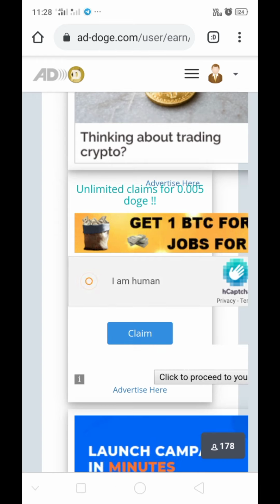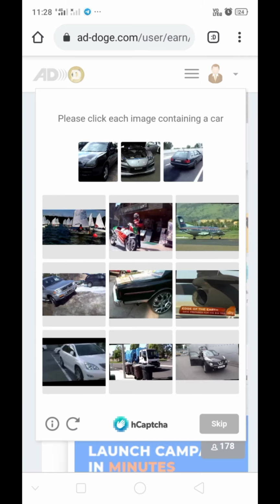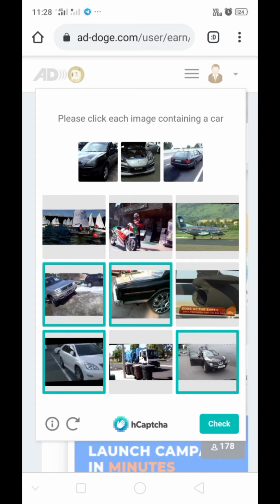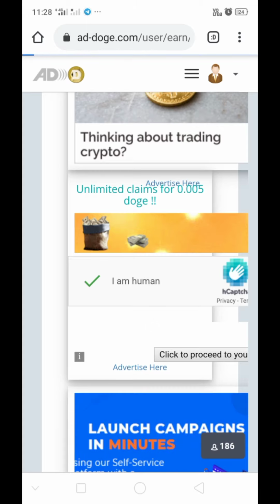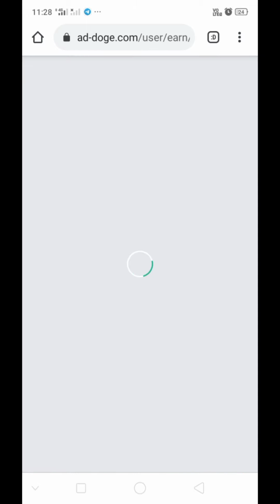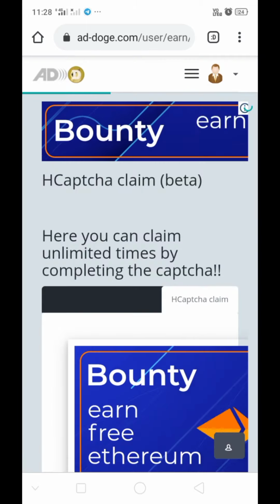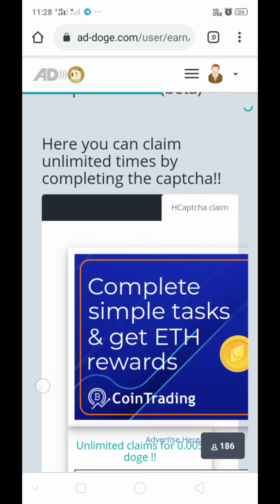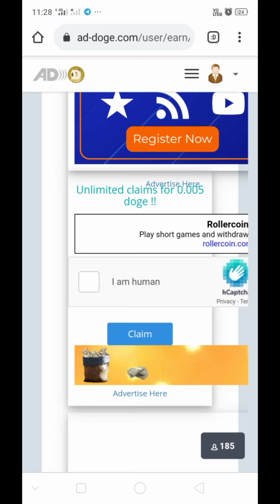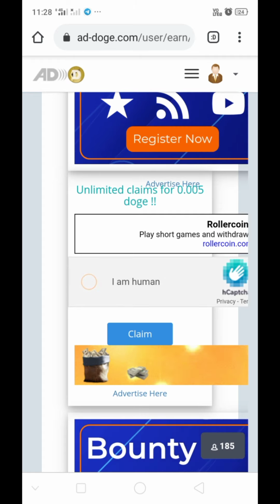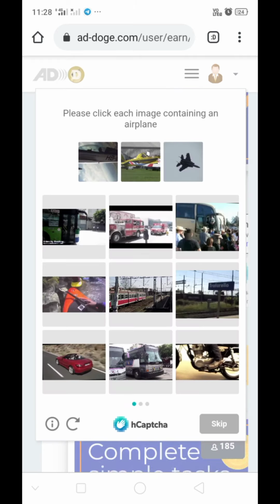You can complete 25 edge captchas one by one continuously. So one captcha is completed. In this way, complete 25 edge captchas.